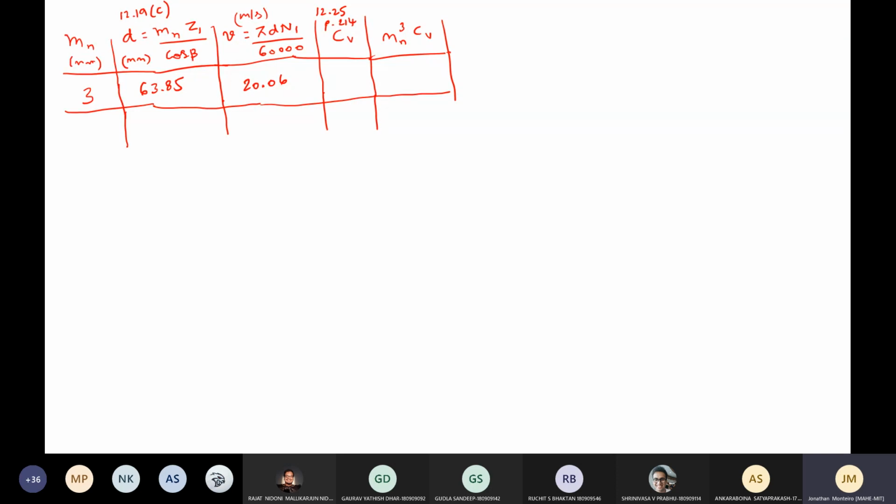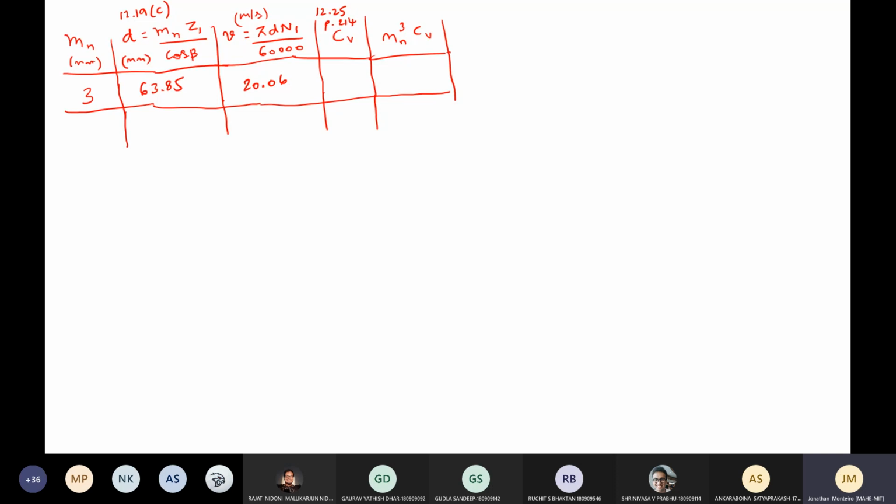So don't confuse, and in a hurry don't take spur gear values. Spur gears have different velocity factor considerations than helical gears or any other gears. So the CV factor here, and it is 20. So which one can you use? There are actually two competing things here. C and D both are coming close.